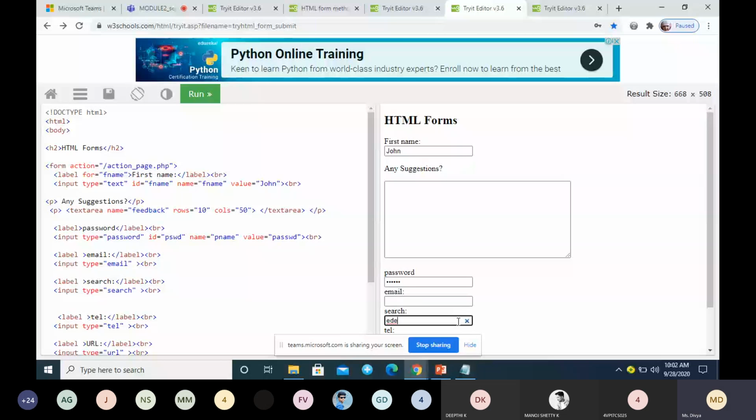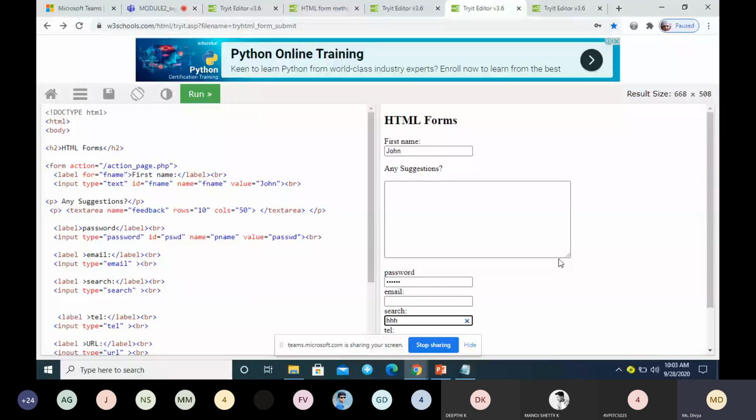Here you will get this cross mark, which you can use for deleting the content. You can enter the content, and you can delete the content. So this is a search box. It will provide a clear field icon. The difference is that you will have a clear field icon. This cross mark is called the clear field icon, for clearing the text box. Is it clear? Any doubt in this text input control?